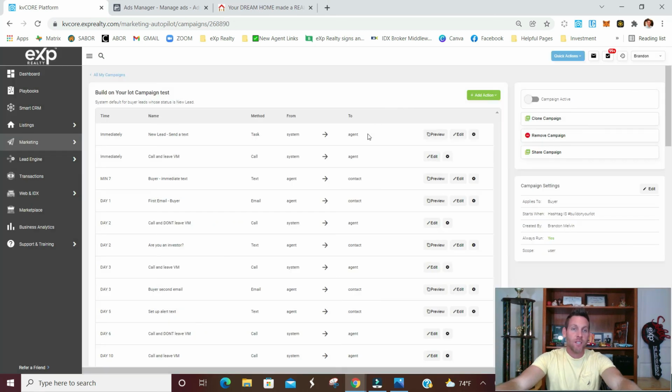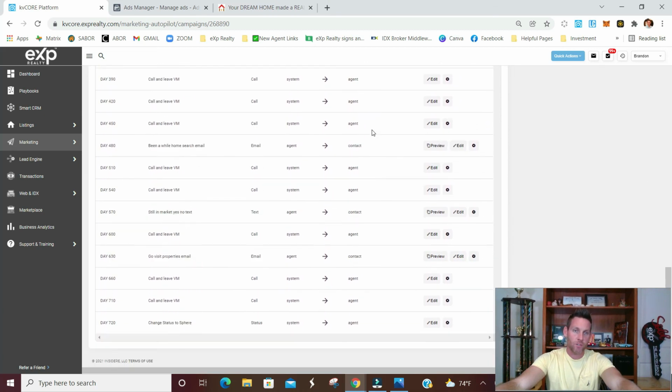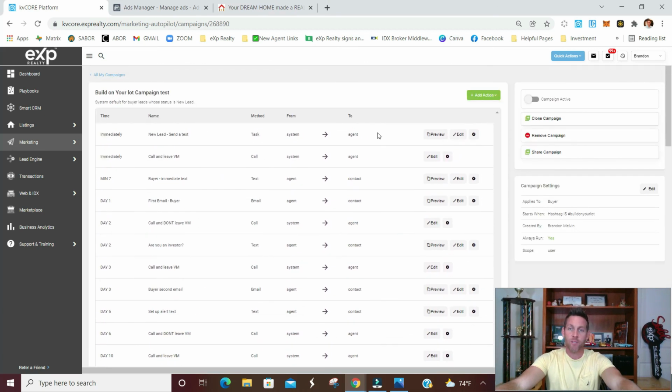Now, as you can see, here are all of the different campaign touches that are going to happen over the next 2 to 3 years. There's quite a bit that can go on. You can make some modifications in here if you'd like to. It's a little bit more in depth. If you do want to explore that,